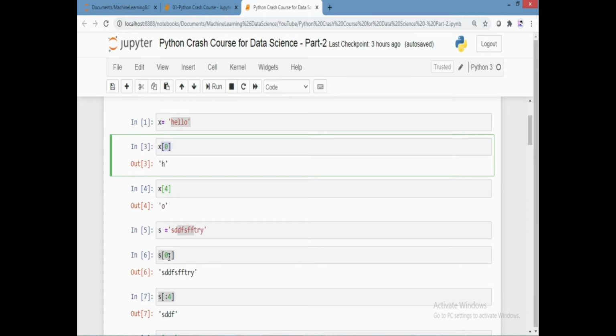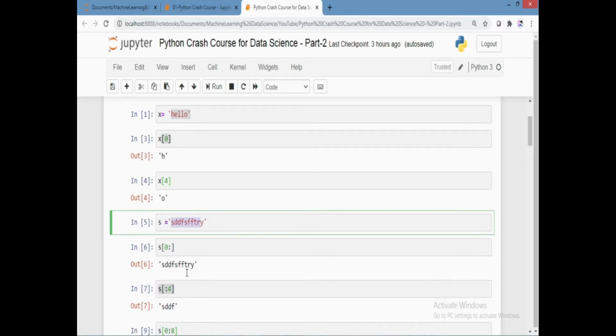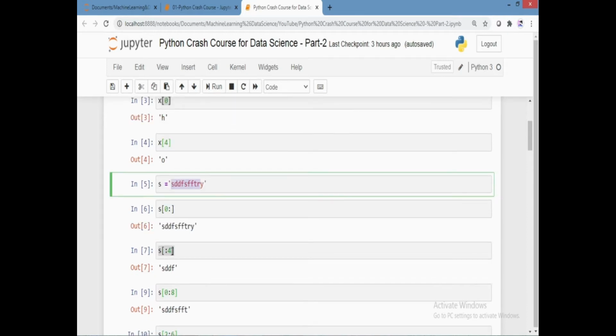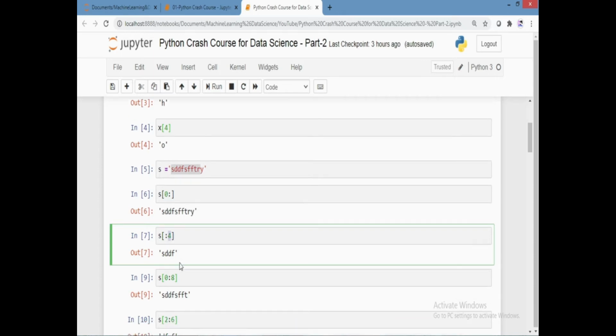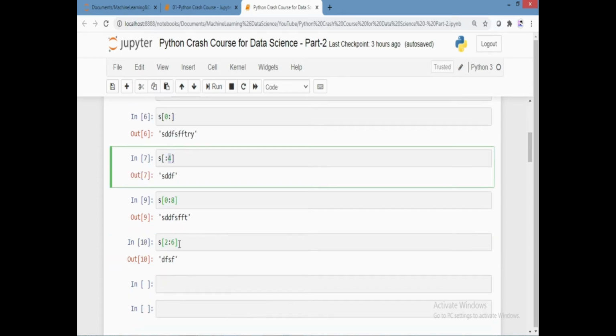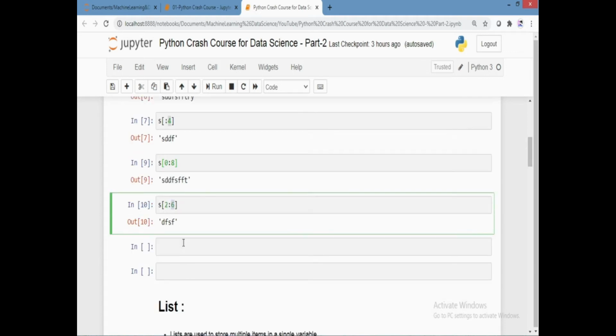Here 0 colon means it's going to grab everything along with index 0. Colon 4 means it's going to grab everything but exclude the 4th index. Similarly 2 colon 6 means it's going to consider everything from the second index up to the 5th index, excluding the 6th index.